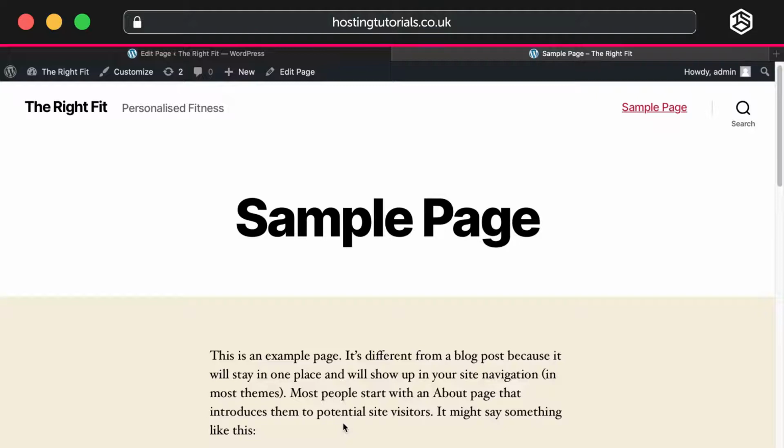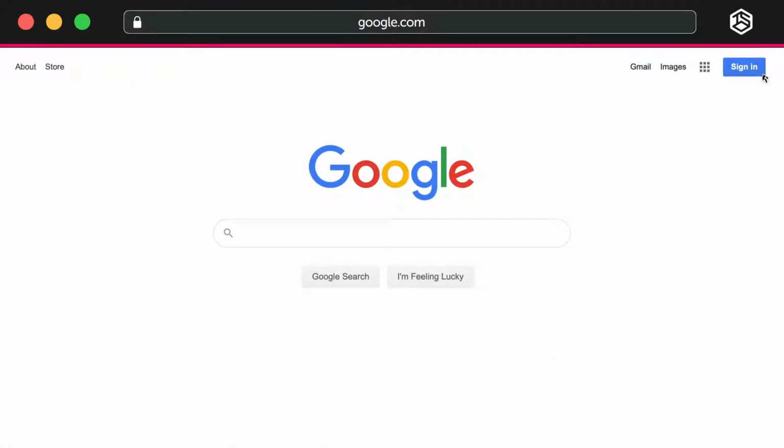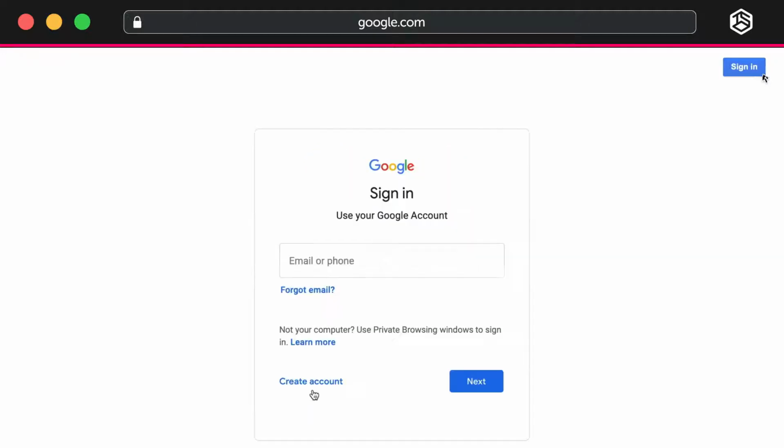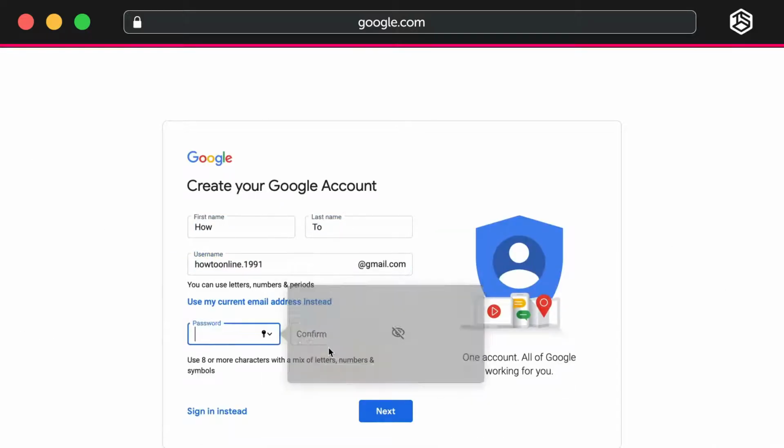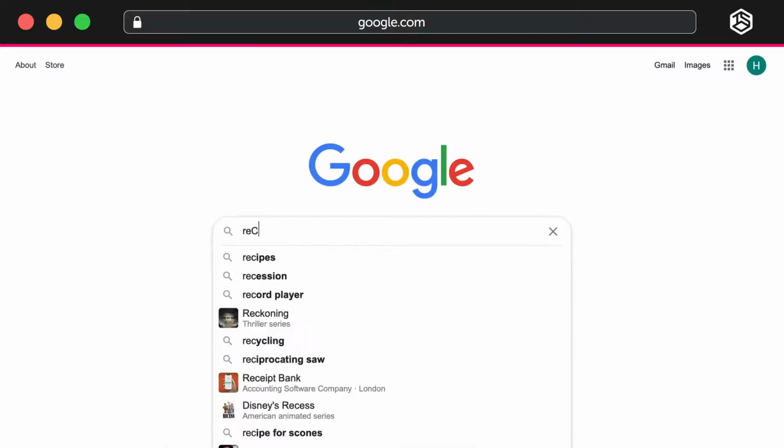Now, to protect yourself against spam and nuisance bots, you may want to add reCAPTCHA to your contact form. First, you need to register your site with reCAPTCHA and claim your API key. reCAPTCHA is owned by Google, so you need to log on to your Google account. If you don't already have a Google account, simply visit google.com, click Sign In, then Create New. Fill out the appropriate fields, then once your account is active, go to